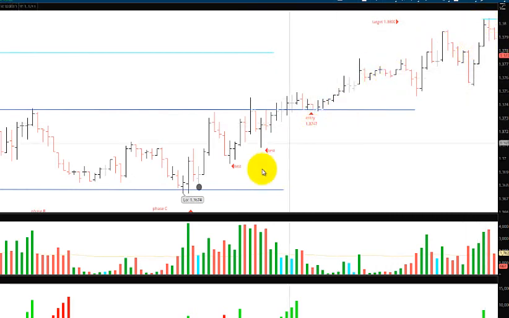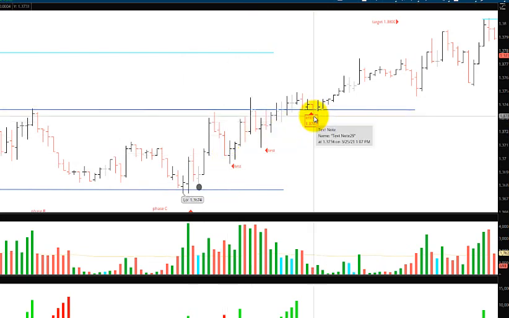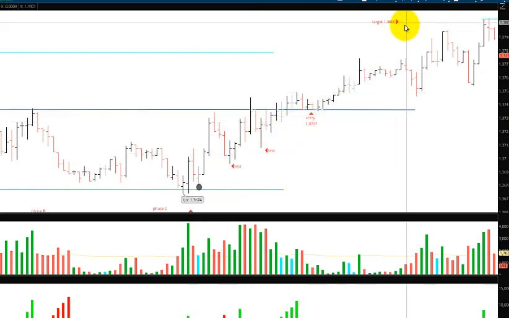And point and figure actually gave me the count. So it's a lot more accurate combining these two chart types: the bar chart, analyzing the phases of consolidation, waiting for my entry, and then calculating my entry and my take profit levels with the point and figure chart. The point and figure chart, again, tells me precisely where price is going to go and where it stops so that I'm not guessing.